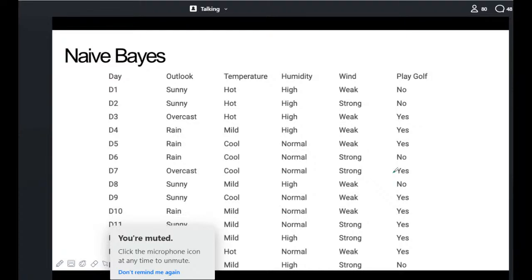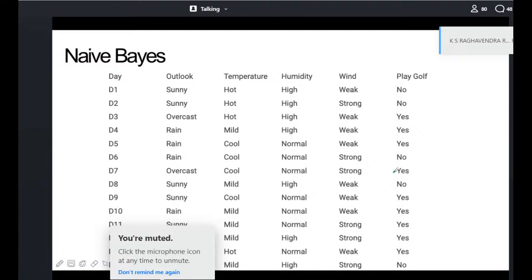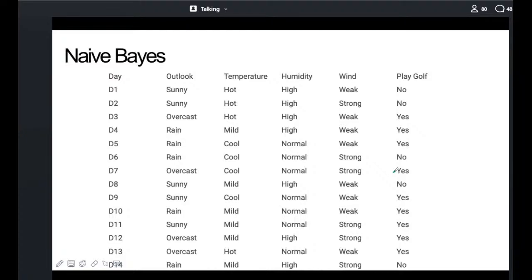So the first one is your day, second one is your outlook, third one is your temperature, fourth one is your humidity, fifth one is your wind, and you have a prediction for play golf. So now when you go with this, if you are predicting whether the game of golf will be played or not, that is the prediction you want to do. In that situation, first I'll have to take into consideration all the parameters that we have, that is outlook, temperature, humidity, and wind. So what I will do is, looking at this data,